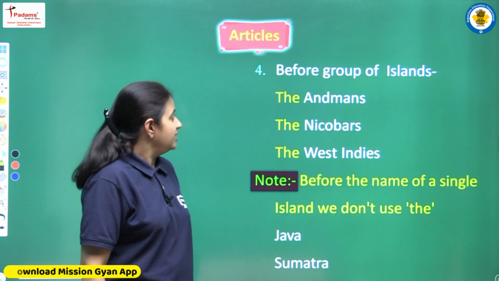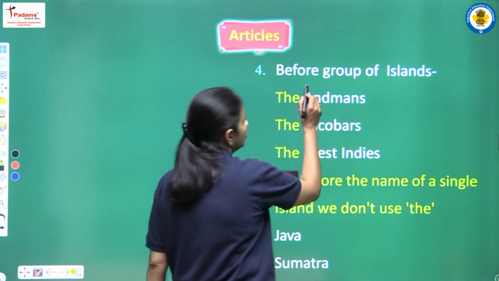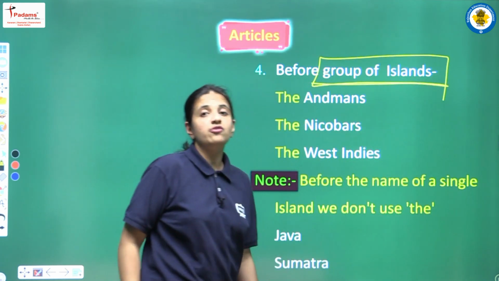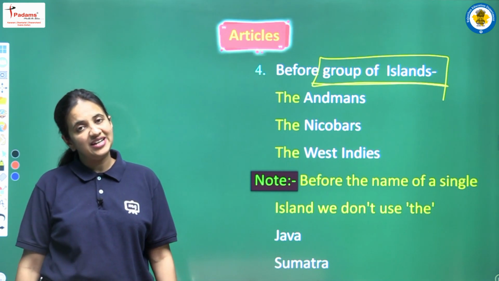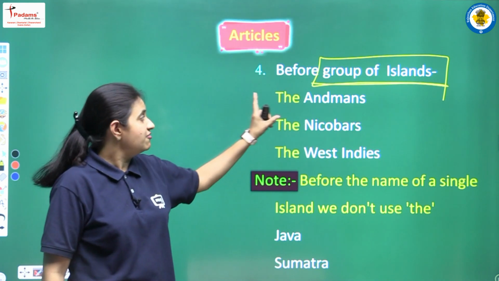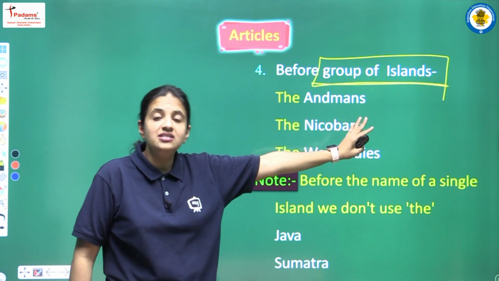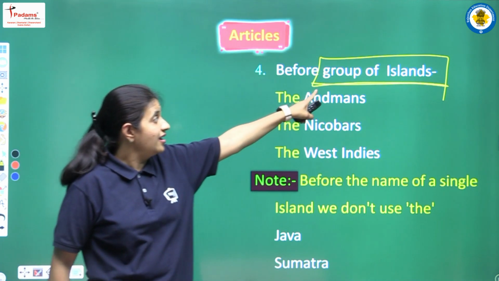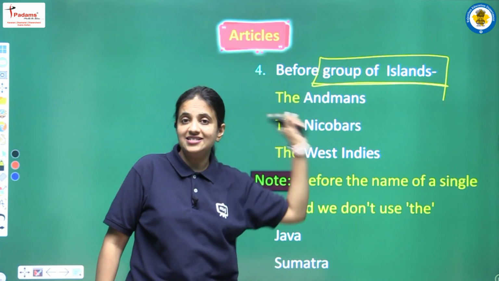Next use, yes, it is used before a group of islands. So if we are having a group of islands, for that we can use the article. Let's see the examples that we are having here. The first one is the Andamans. Students, again I want to make it clear that here we are having a group of islands, just like we